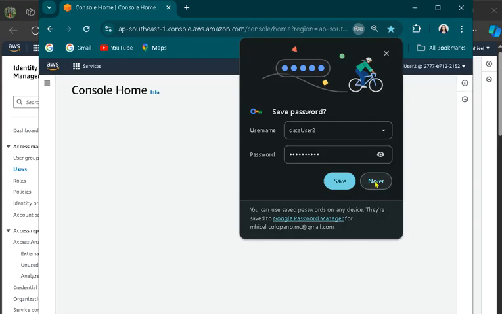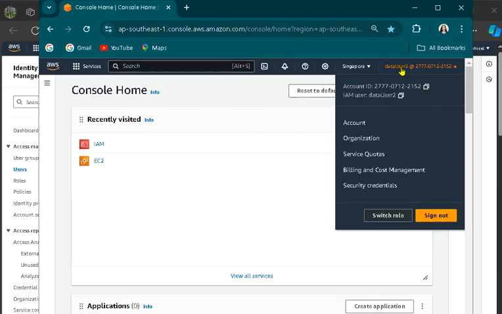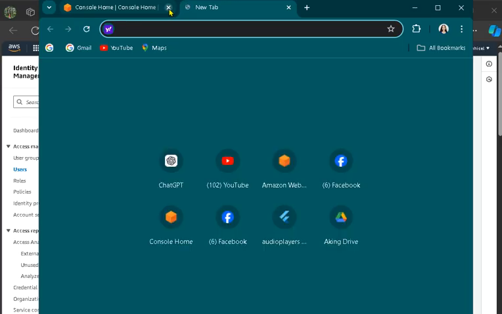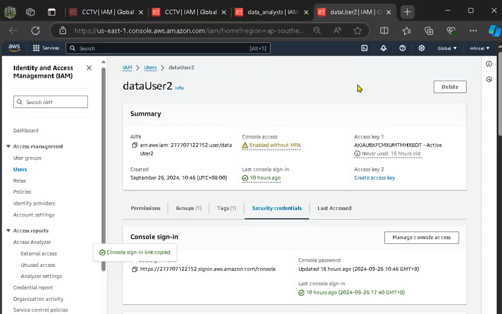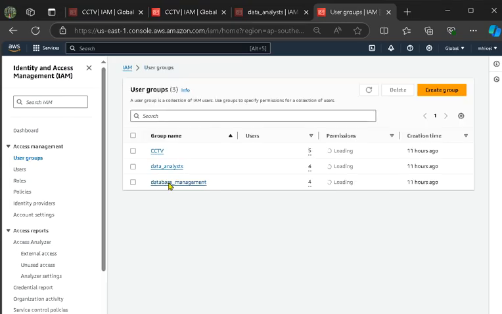The data analyst user 2 console here, already logged in on that. And now let me log in as another user for data management.